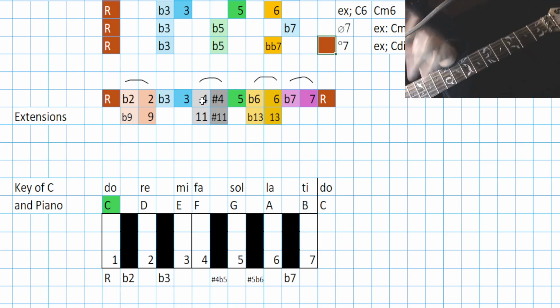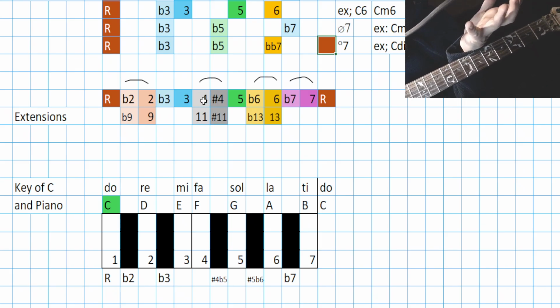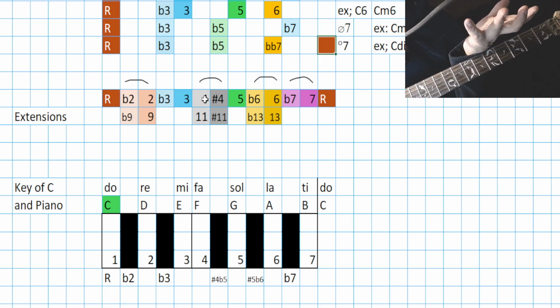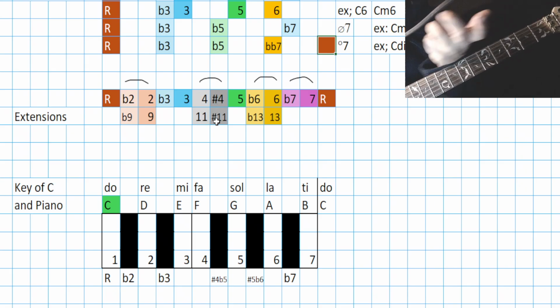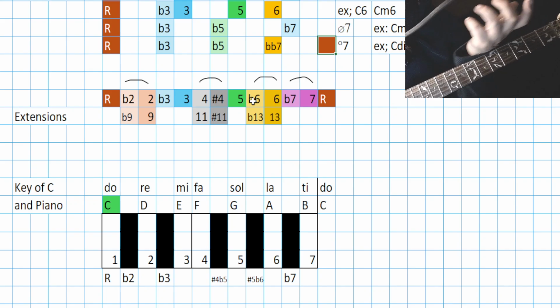A lot of people will put them as... So the 4 is the regular scale tone, so that's considered the 11. We could sharpen the 4, or way up in the chord we could sharpen the 11. And if you need